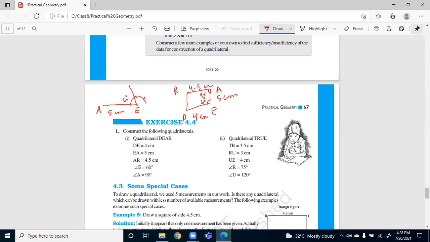Now I have to draw 90 degree as angle A. So again, I'm drawing a semicircle of any radius. Then with the same radius, I will cut it 2 times. That will give me 60 and 120. Then I will put the needle of the compass at the 60 and 120 points.